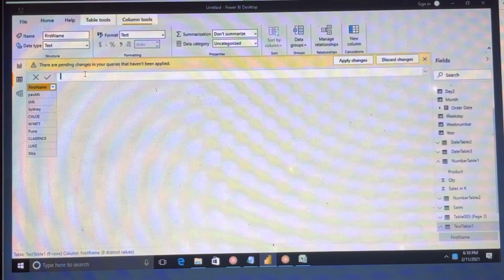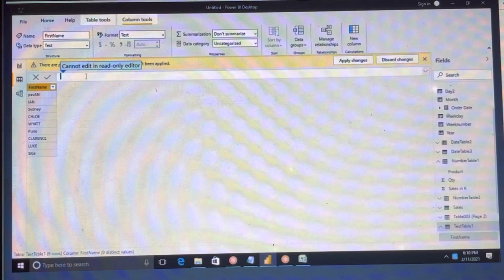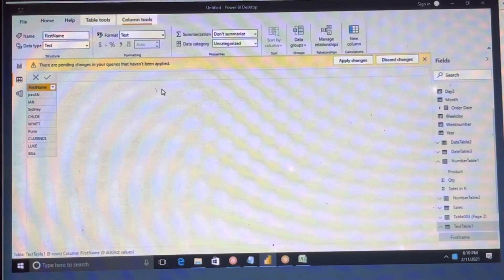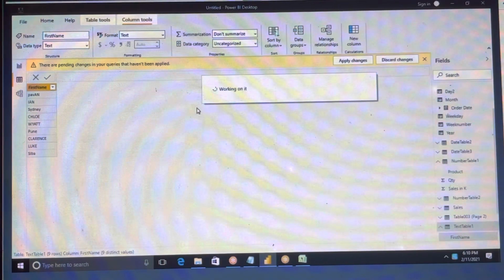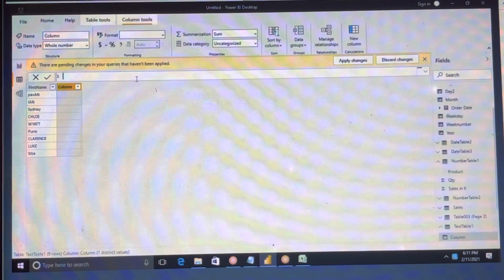So here I wanted to do upper. Just mention uppercase. First click on new column. Now you can type uppercase, for example.